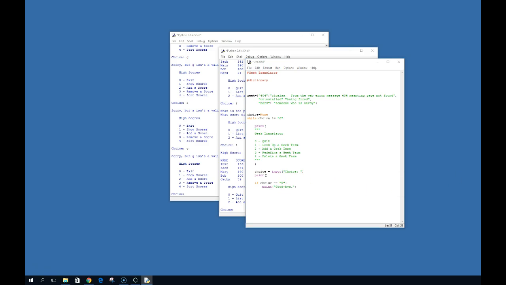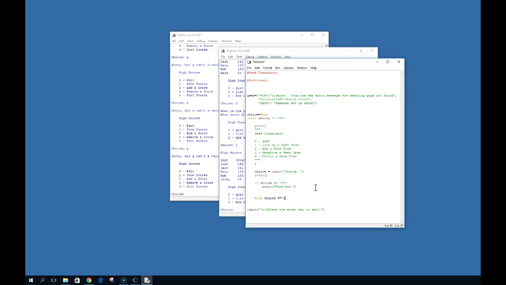So we know the other thing we need at the bottom of our program, at that left indent, is this statement to hold our program open. So we know we're going to have an elif. And so elif choice